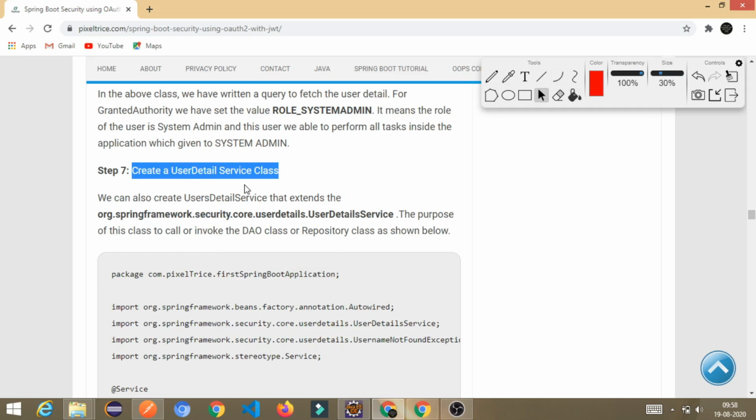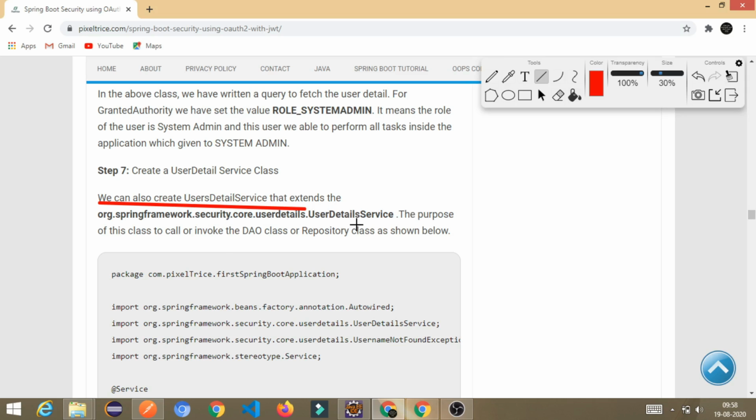Create the user detail service class. So what is the purpose of the user detail service class? See here, we can create a user details service class that extends the UserDetailsService, which is already present in the security package of the Spring framework.